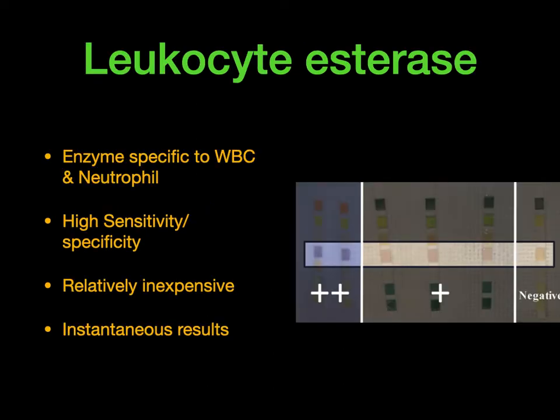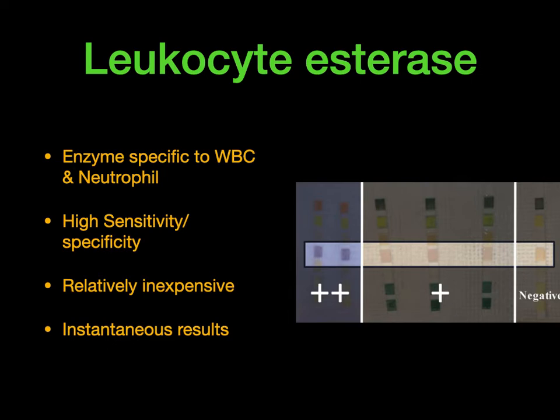Continuing on to the other investigations, leukocyte esterase is an inexpensive and instantaneous result-providing investigation in which the body fluid, typically in our case the joint fluid, is put onto the reagent, and if you see these two purple things, a very strong possibility of infection can be found out. The test has a very high sensitivity and specificity. The caveat here again is that the fluid has to be pure fluid. It cannot be contaminated with blood, because if it is contaminated with blood, the possibility of a false diagnosis is high.